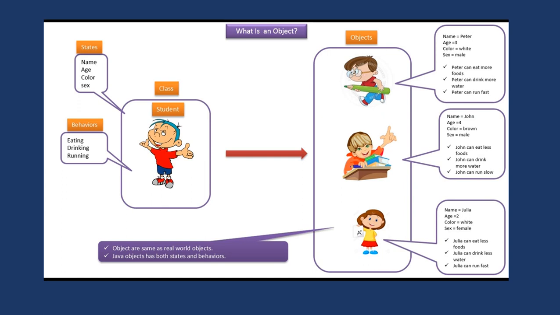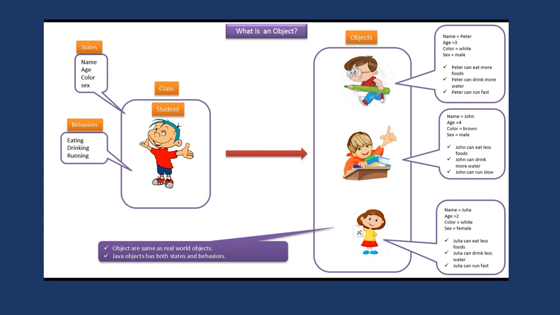But all three objects, Peter, John, and Julie, were eating. So they are doing the task, but at a different level. That is what we have to note here. And second is drinking.